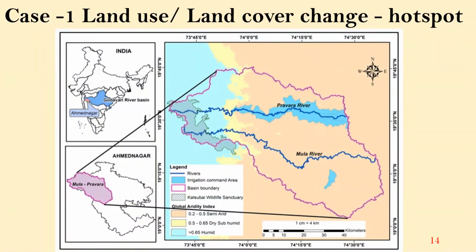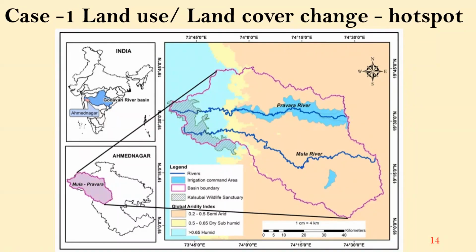The main objective of this study is to look at the long-term land use land cover change, almost the past 25 years, from 1991 to 2016. First, let me explain what land use and land cover are. Land use is defined as how the land is utilized for human purposes, and land cover is the naturally available resources such as forest, water bodies and even grasslands. All of this is land cover.